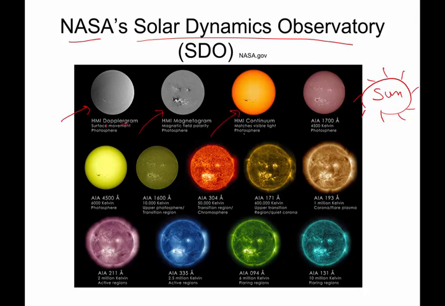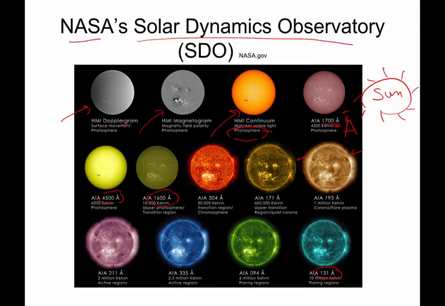The photosphere, this is the outermost layer of the sun that we actually can physically see when you look up to it. And this is in the visible light spectrum. Each one of these other photos has a number next to it in angstrom. See the A with a little O above the top? Those are angstroms. So this photo was taken in 1700 angstroms. This is what the sun looks like when filters filter out everything but that one wavelength of light. This is 4500, 1600, and you can see different wavelengths of light.